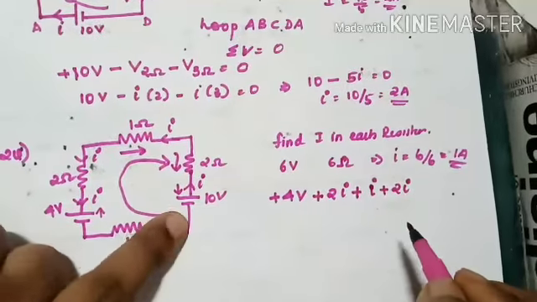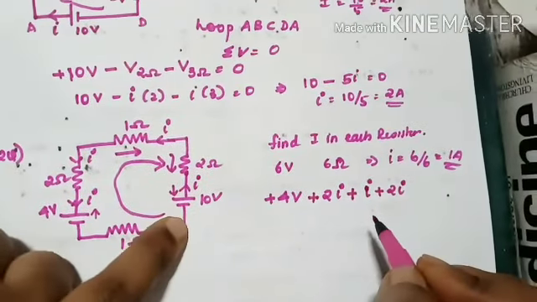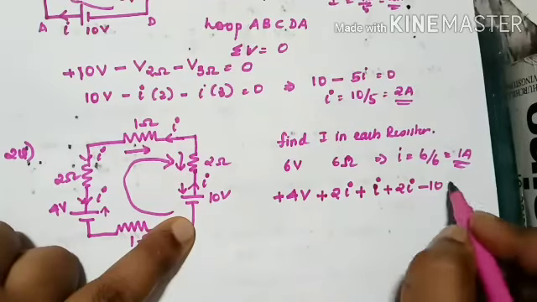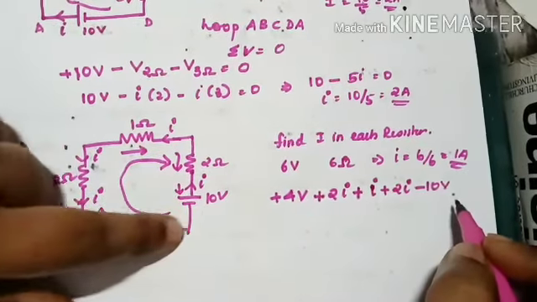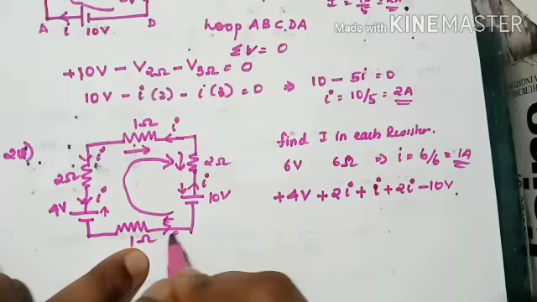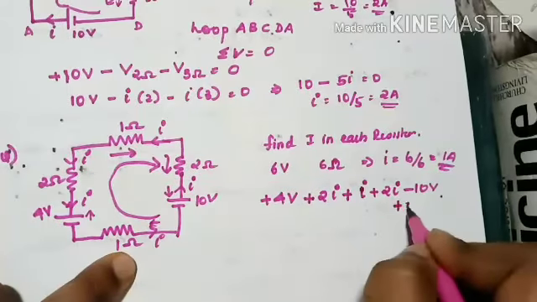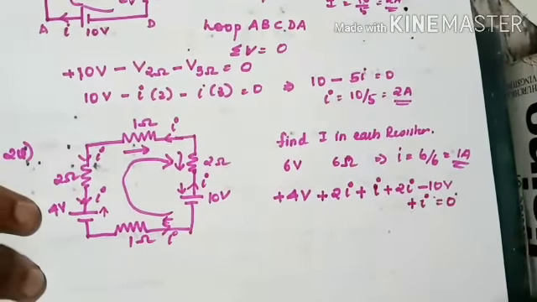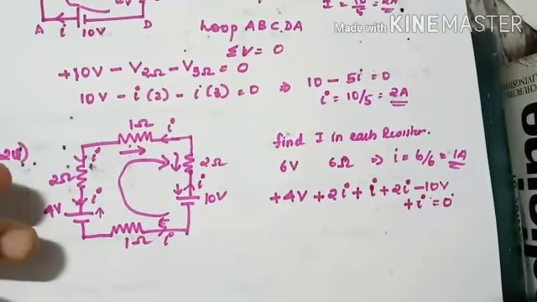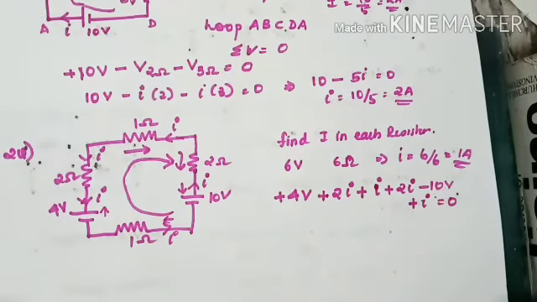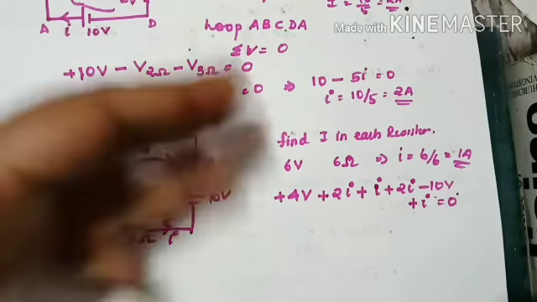Right? Now I have moved like this and I have reached here. I am moving from positive terminal to negative terminal, that means minus 10. Clear? That is 10 volt. Now I have reached here and I am going to move in this direction, that means again opposite current direction. So plus I, that is 1 into I, right? And the entire sum is equal to 0. That is the application of KVL: summation of potential difference across a loop is equal to 0. The application is completed, guys.